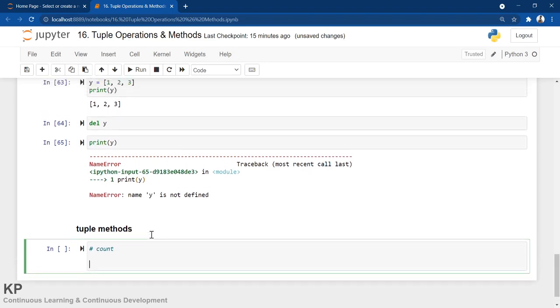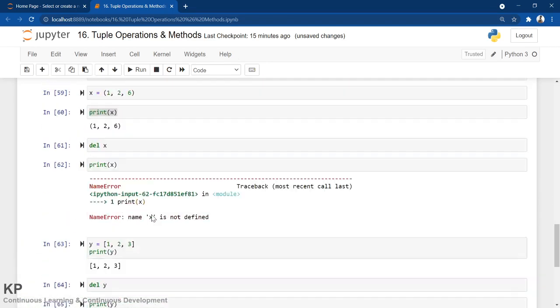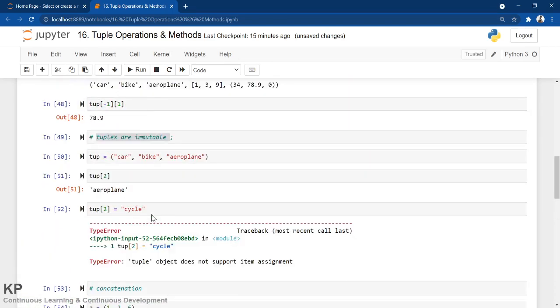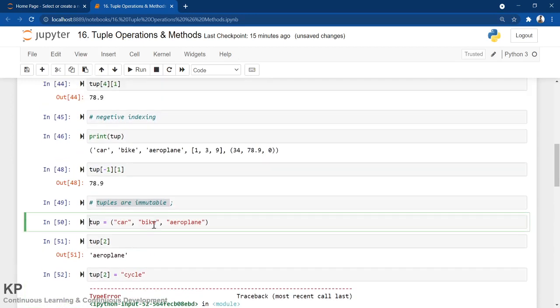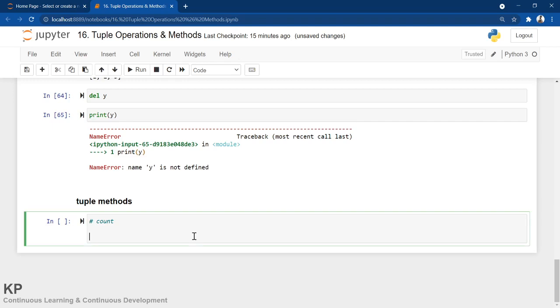Let me copy one tuple from somewhere. I can copy this one, go down, paste it over here, and now copy this part and paste it with a comma again.